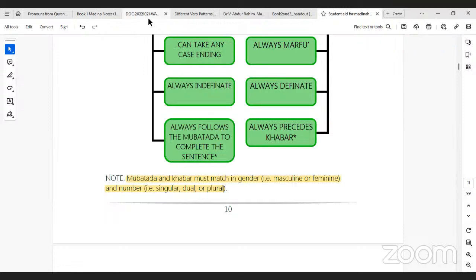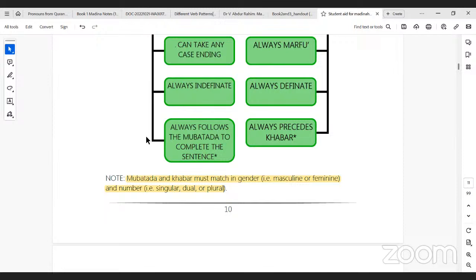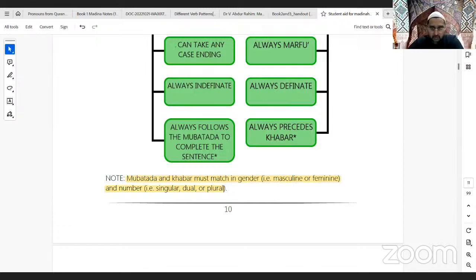Sir, can you show it in writing? What sentence she said? As-sayyaratu jadidatun. Yeah, I understood, but I want to see how it's written also. Give me 1 second. You can also write it on paper and just show to me. No. I don't do paper. I'll do it properly. I'm old school, sir. As-sayyaratu.